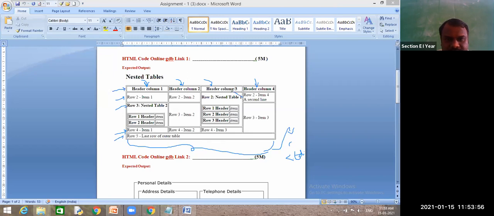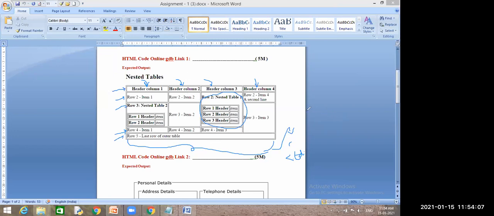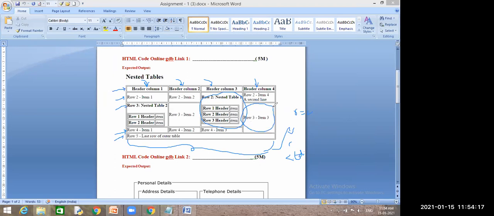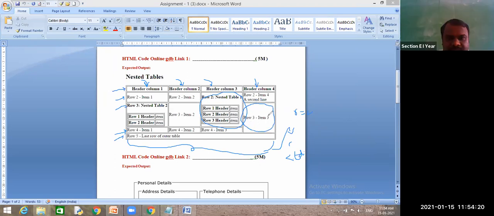When you go for this, can you tell what additional things it has? Is it row span or col span? Row span. How many rows? 2 rows. And how many row spans does it have? 3? No, sir, one. 2 only. But what are these rows? Third row, fourth row. This one, second row, third row. This is a common row, and it contains a nested table also.